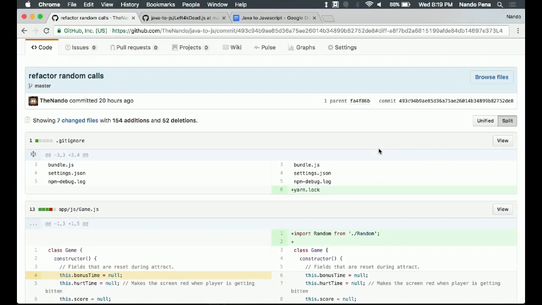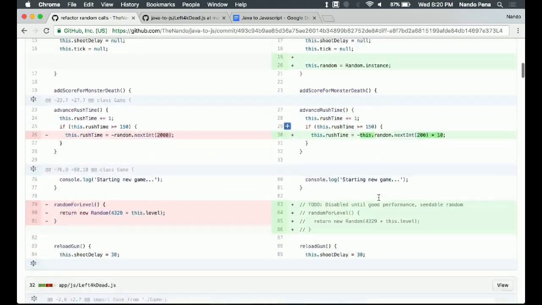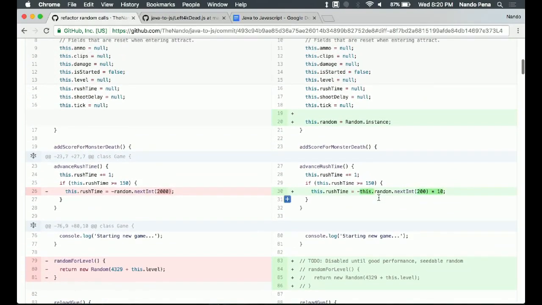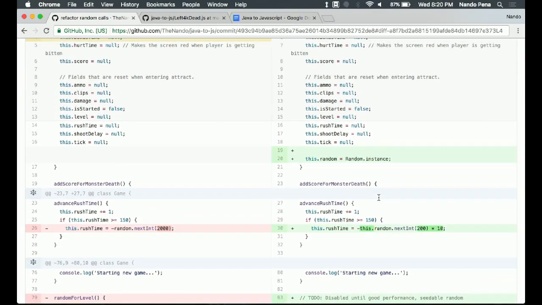Because the JavaScript Math.random only does one thing. It gives you a number between 0 and 1. It gives you a floating point number. We're only using integers here. So every single time that I need to make a random call, I'm going to have to take a 0 through 1, multiply it by some integer, and then round it off or truncate it or floor it or something like that. It doesn't sound like a lot, but a lot of these things are happening hundreds of times per frame, and so it adds up really quick. So I thought this is an excellent opportunity for a performance improvement.